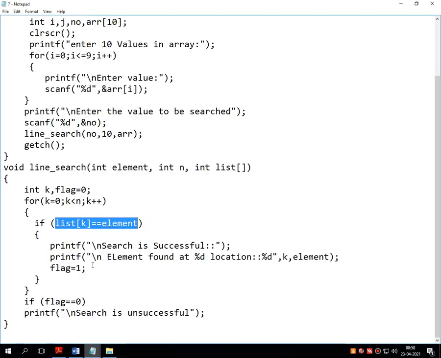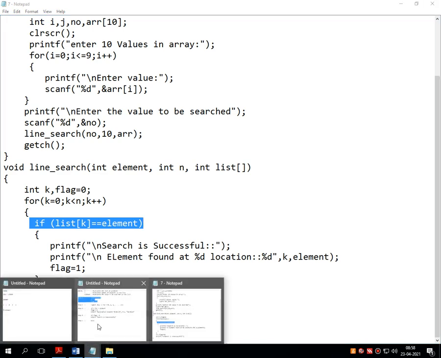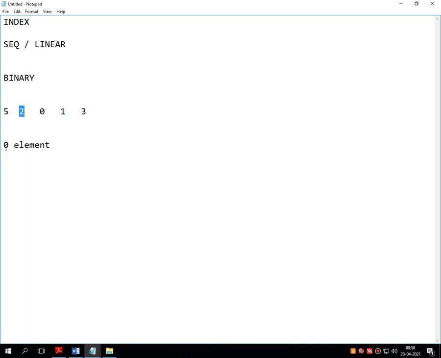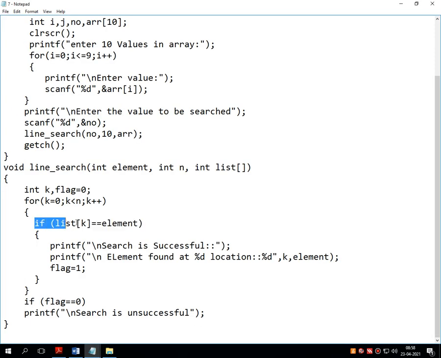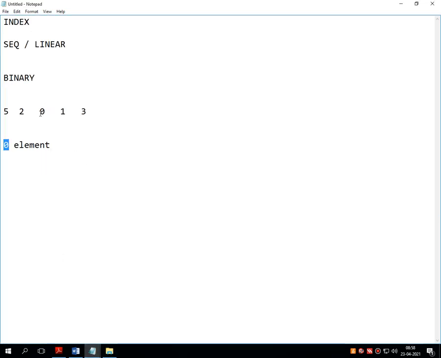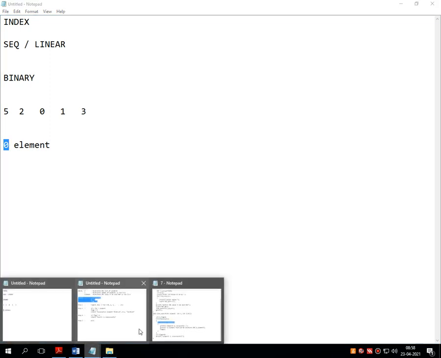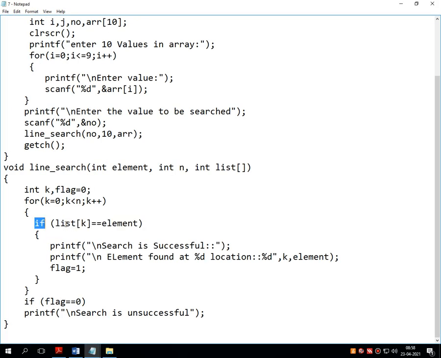For this selected line, or we can say this decision making statement, becomes false. It repeats again, it compares 2 with 0, this selected line of code or decision making statement becomes false. Then it compares this 0 with the element called 0, and at that particular time this decision making statement becomes true.